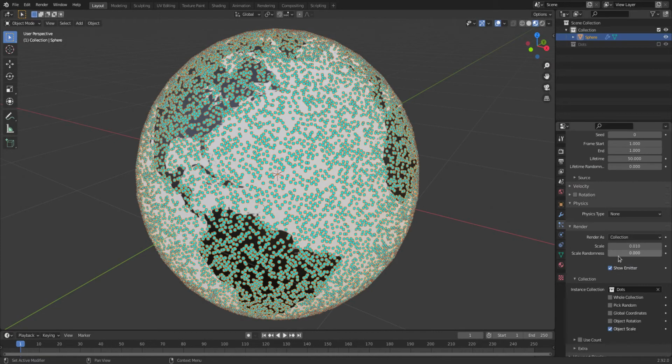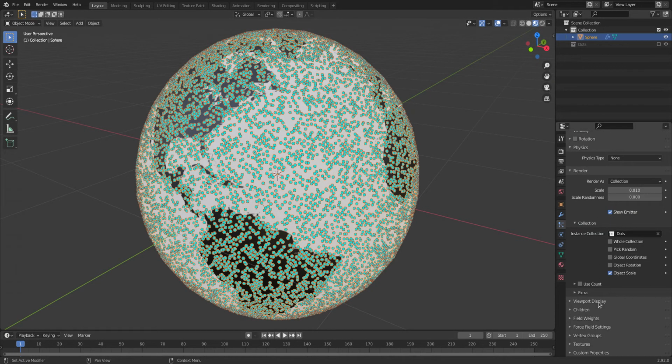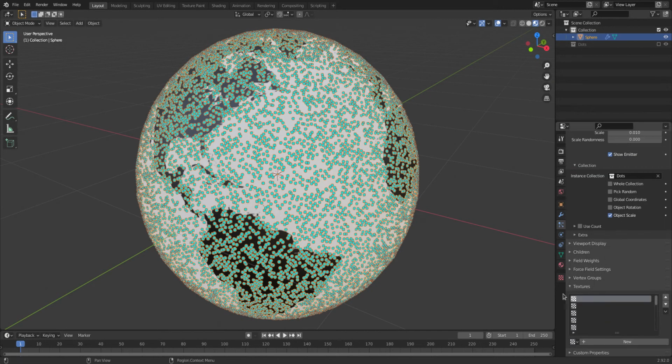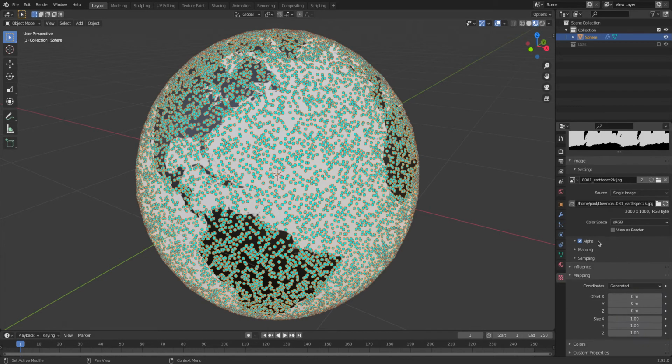So let's scroll down in the particle system, let's scroll down to textures. Let's select that texture that we just imported. Let's go to texture properties. And now you can see two important things. First is influence and the other is mapping. So let's go to